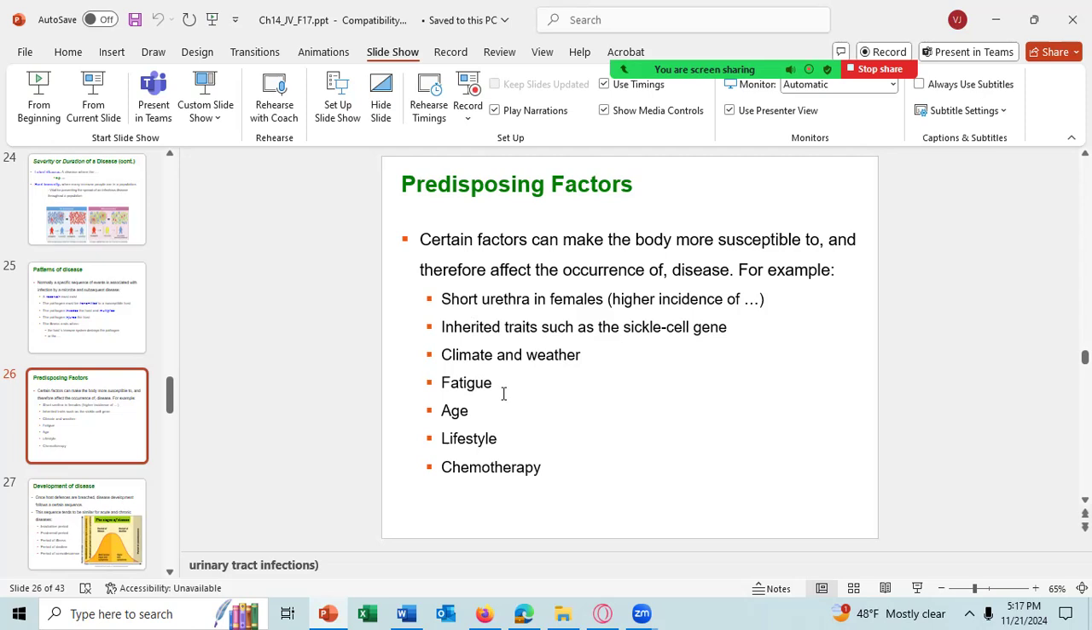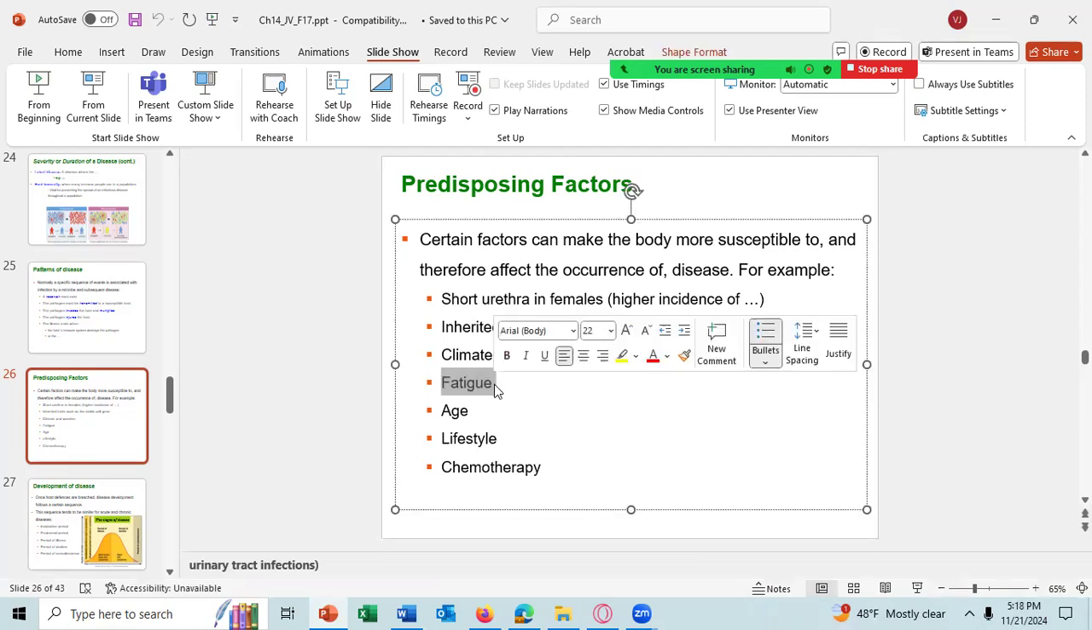Fatigue weakens your immune system and then makes you more susceptible to becoming infected. And students should be aware of this because oftentimes they're either studying really late or partying and they're not sleeping enough. And then they become fatigued, making them more likely to become infected. The age is well known to affect